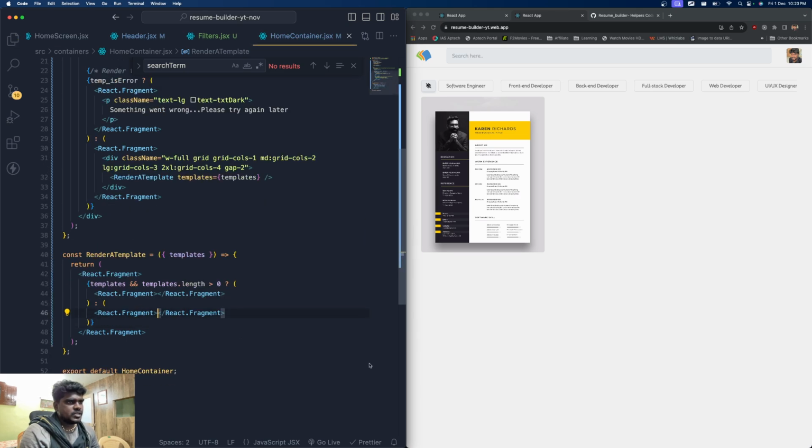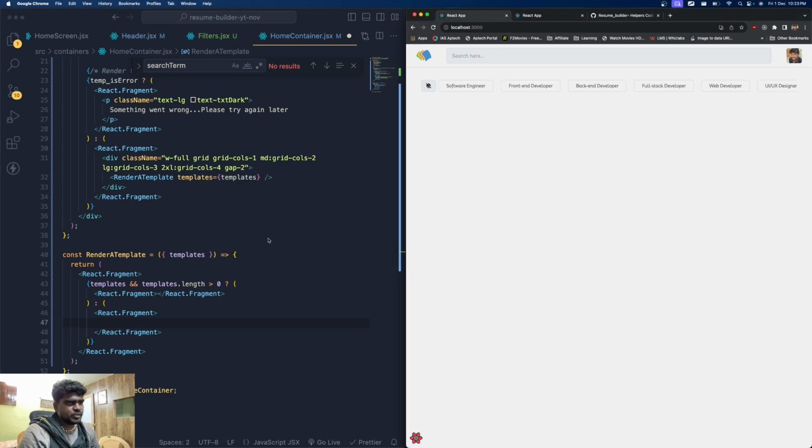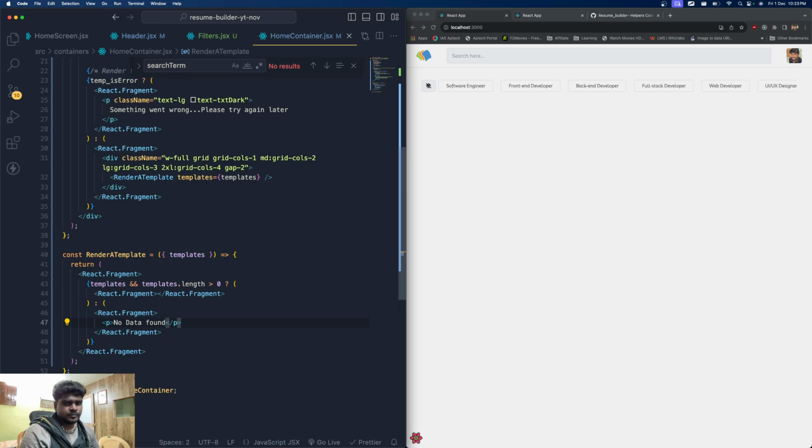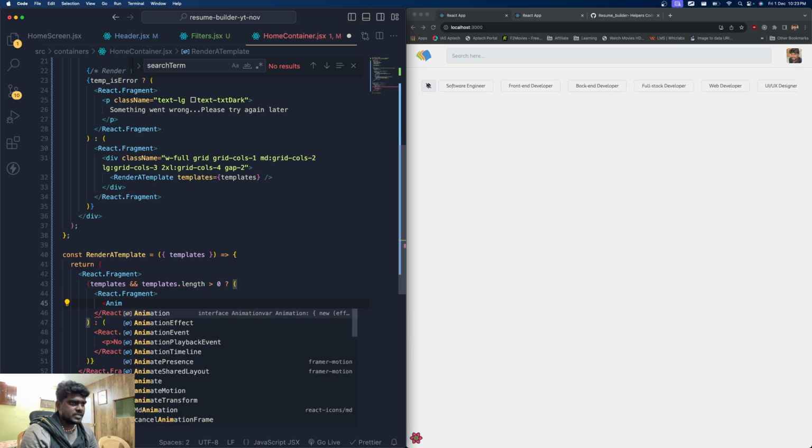So if there is no data to display, if we don't have any data to display, that means it is empty. In that case, this is the place where we have to bring and display the no data form, right? If we have something, then of course over here, I'm going to bring the AnimatePresence,